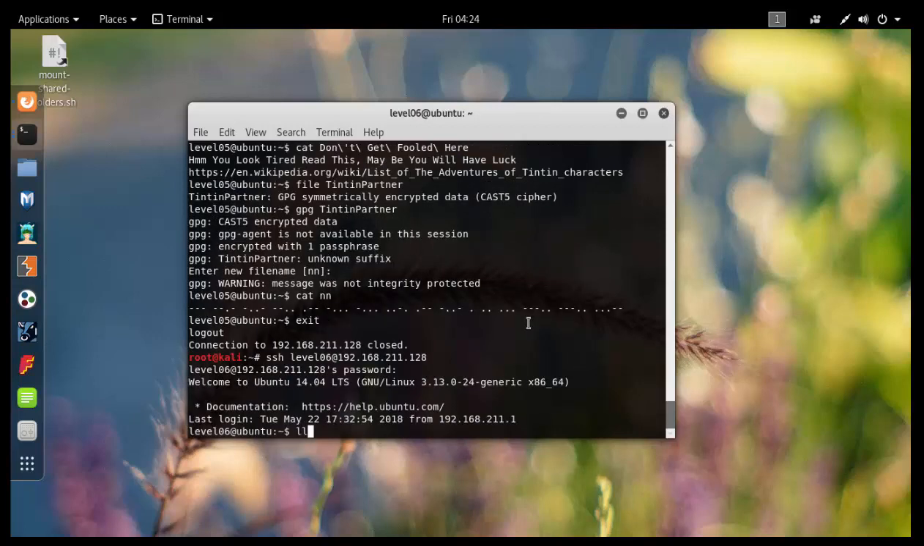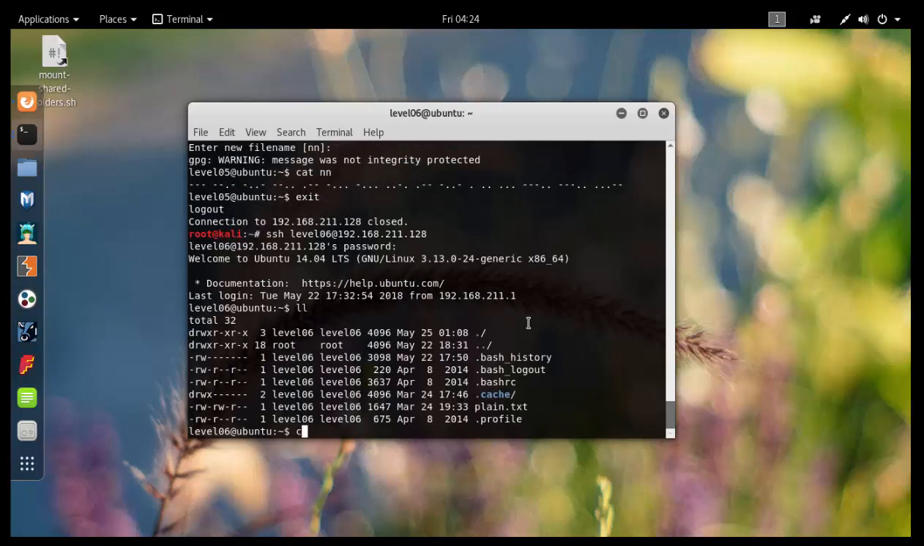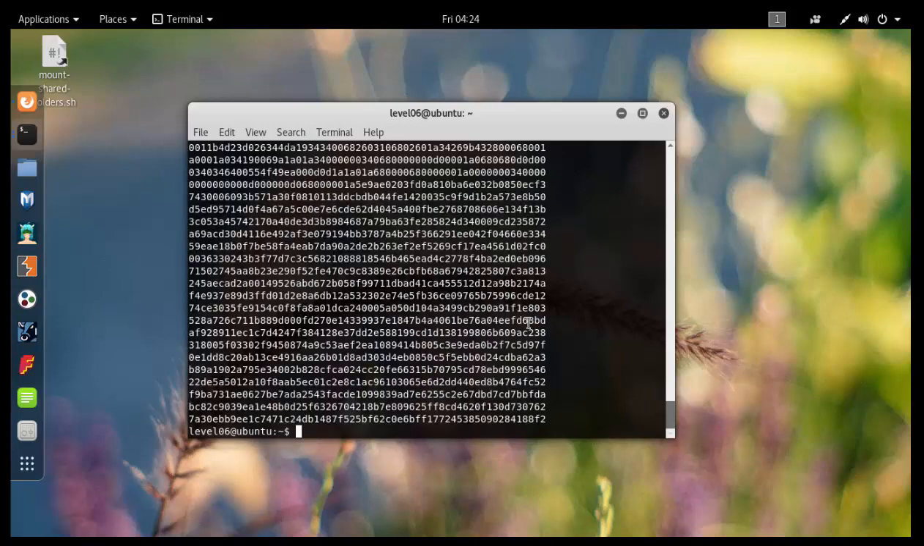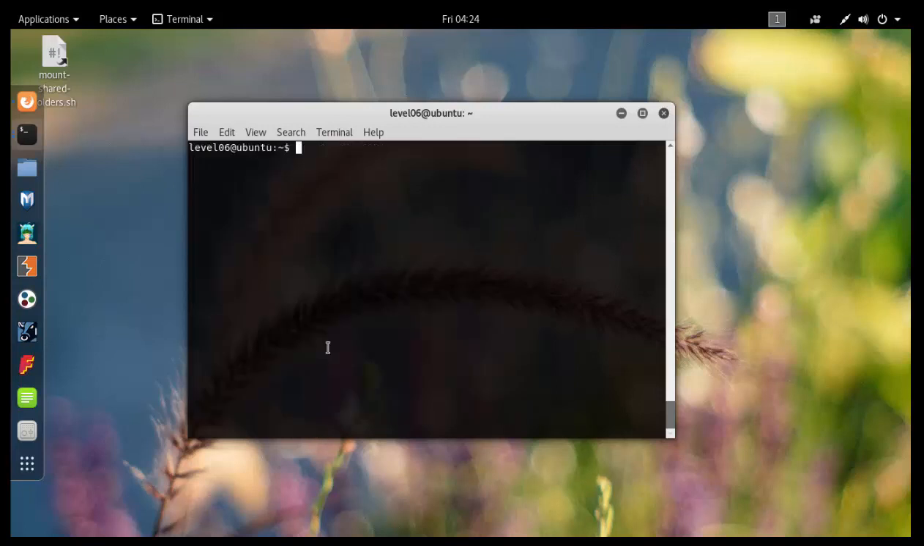Okay, I'm on level 6 now. There is a file called plain.txt. Let's see what the file type is. It's ASCII text. When you cat it, it will be something like this. So this is hex actually. You have to convert it to binary format. So I'll give xxd -p